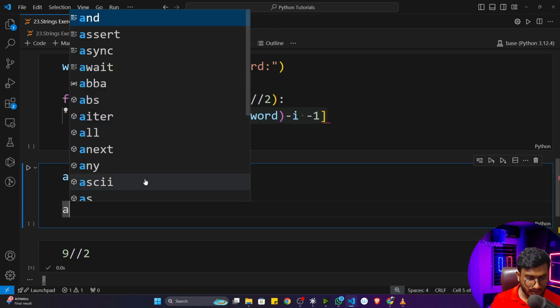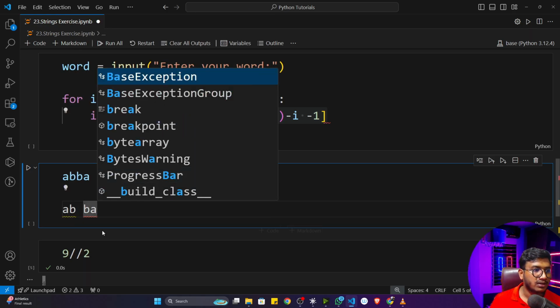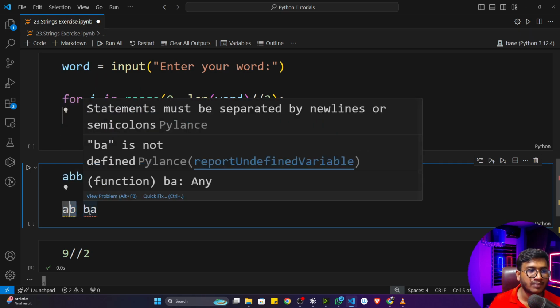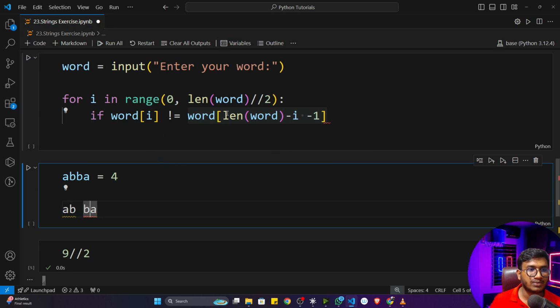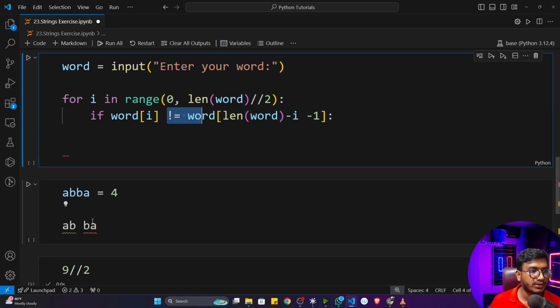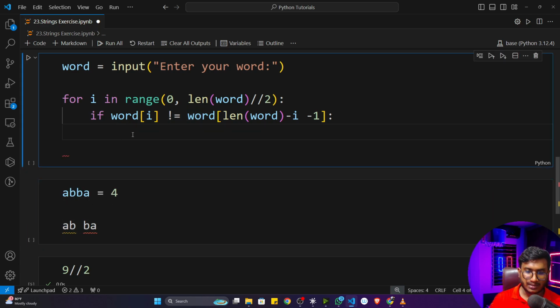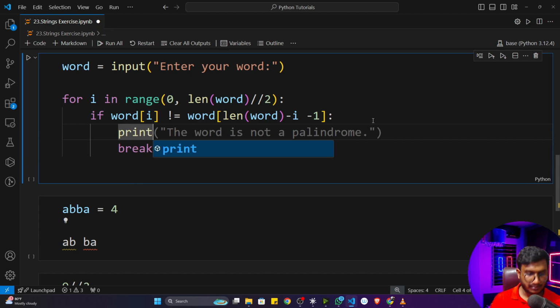Let's say this is my AB and BA. What I'm doing is taking this character and checking it with this character. Again, I take this character and check it with this character. That is what we are doing here. If it is not equal, that means this character is not matching, so what I have to do is simply break this loop. I'll break this loop, and before that I'll write print